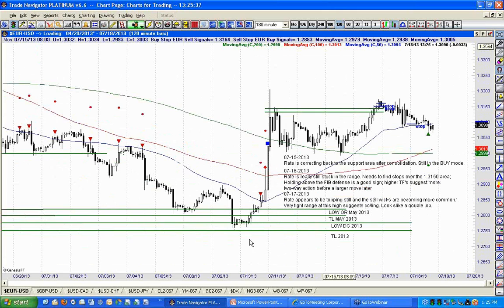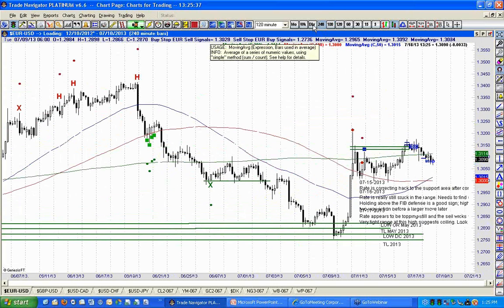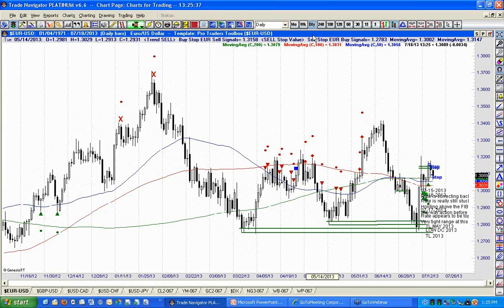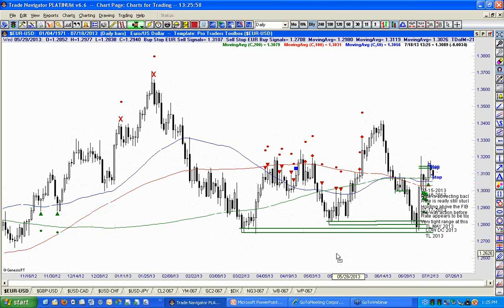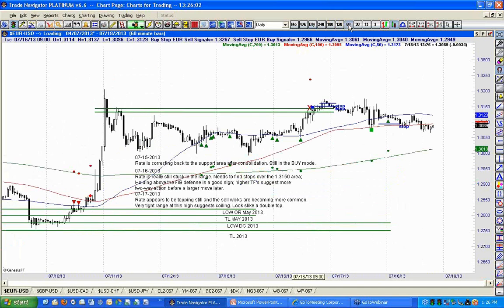On the 120, we didn't see anything. Oh, we did on the 180, and I think on the 240 we're blank as well, right? And then if we look at the daily chart, the buy signals came on later, right? They didn't come off the low; they came on later. So what am I telling you here? Well, what I'm telling you is that if you are using some common sense